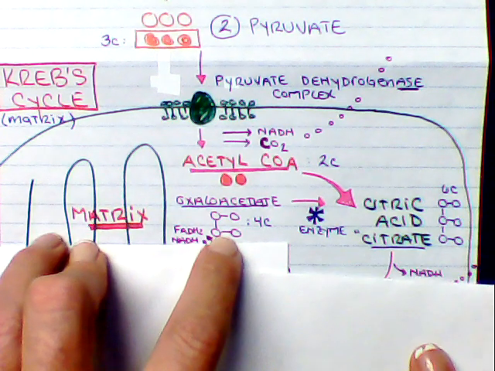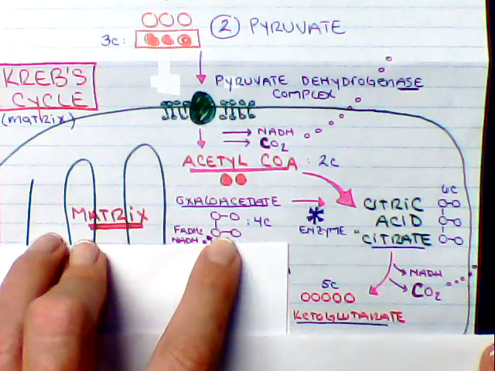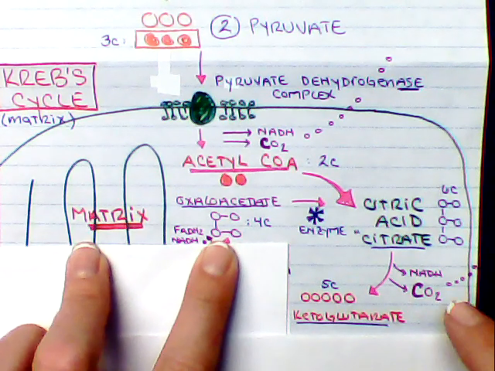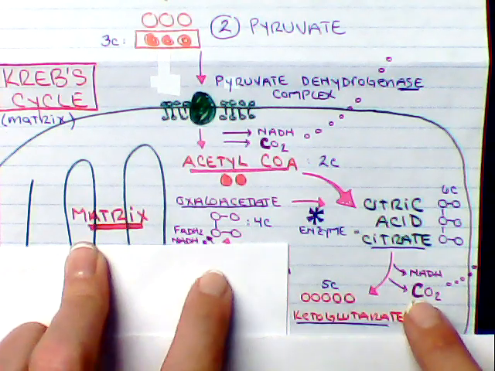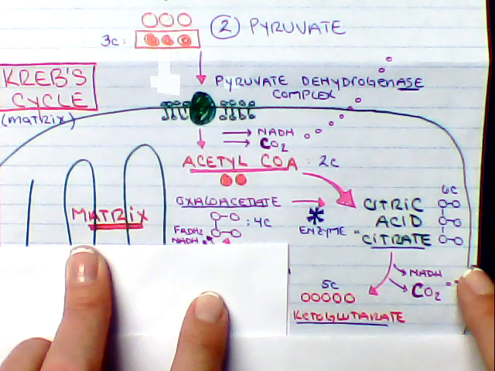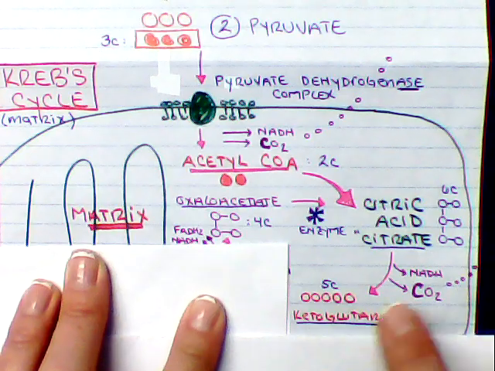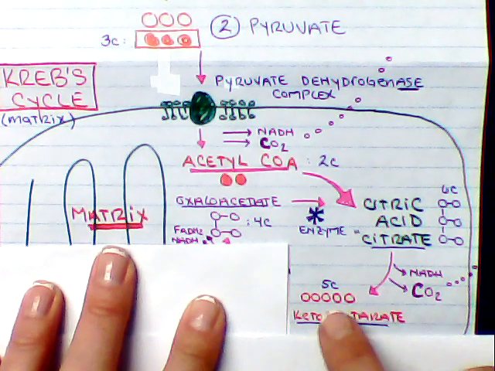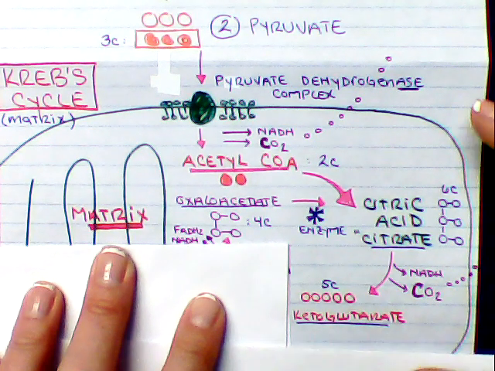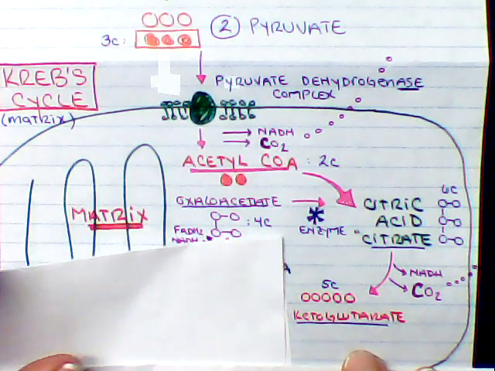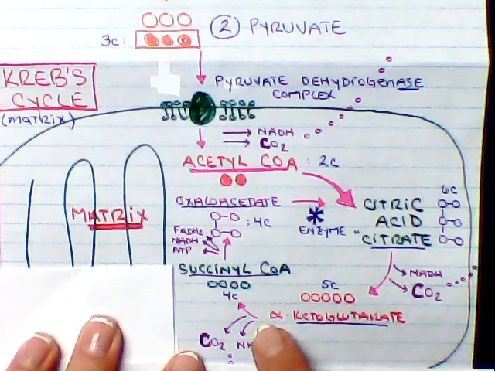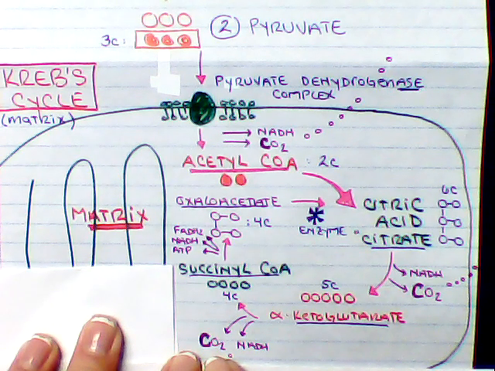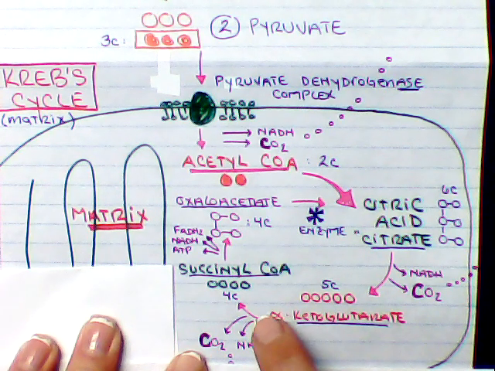We're going to take that 6-carbon molecule and rip it apart. Again, 6 minus 1 is 5. So we take that 1 CO2 and ship it out. This is a byproduct. Your 5-carbon molecule, and you don't need to know these other 2 names, by the way, unless you want to, is going to get ripped apart. Again, we rip off one carbon, making it CO2, exit it out, and now we're left